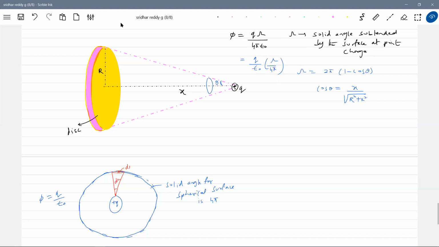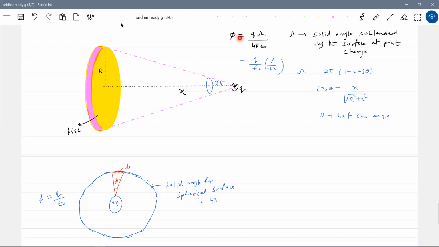So what is the solid angle? How to calculate? 2 pi times (1 minus cos theta), where theta is the half cone angle. How to calculate theta? We have a direct formula, which depends on the distance at which I am. I'll justify my answer: as I move away, what will be the value of theta? It decreases. As x increases, theta decreases. As theta decreases, cos theta will increase, then the solid angle will decrease. Am I right? Justified. So as you move this point charge nearer, x will decrease, theta will increase, cos theta will decrease, and the solid angle will increase.